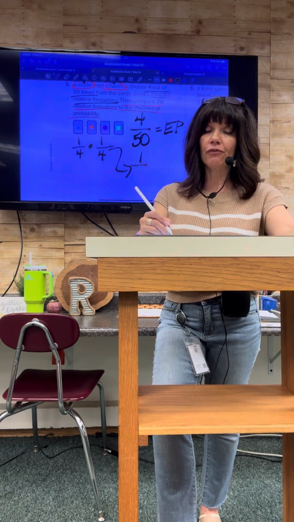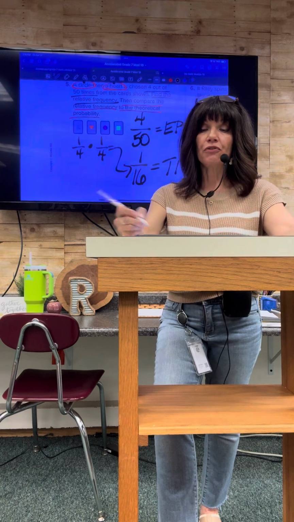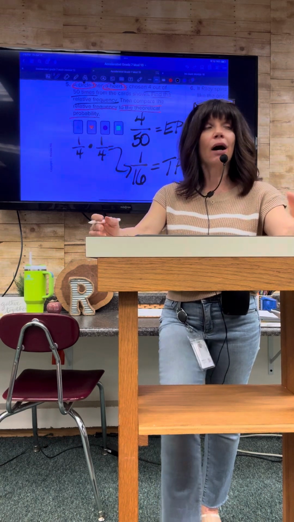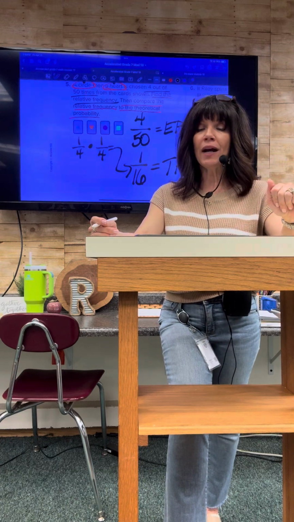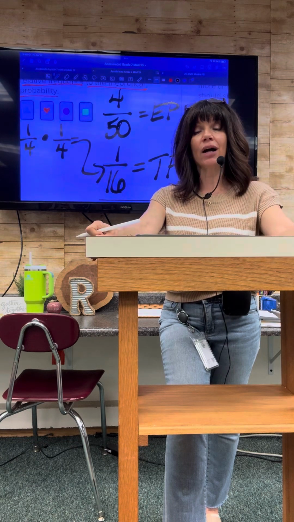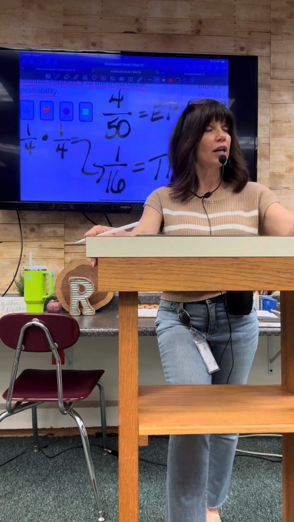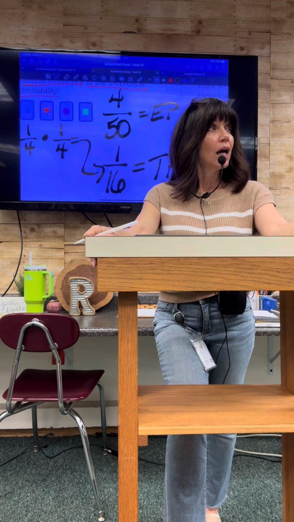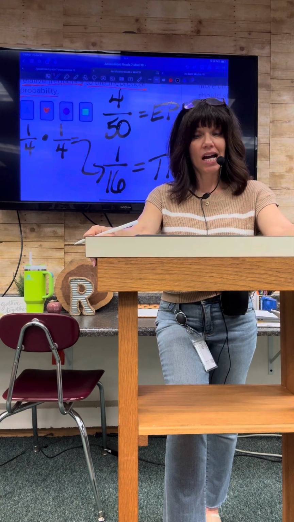1 out of 16. Equaling the what? Theoretical probability. Now, we're going to talk about comparing it for a moment here. If I need to compare these two, what would be an easy way to tell which one is bigger than the other? What do you think you could do? Tell me. Okay, so I think 4 out of 50 is the bigger one, and to tell that, it's,